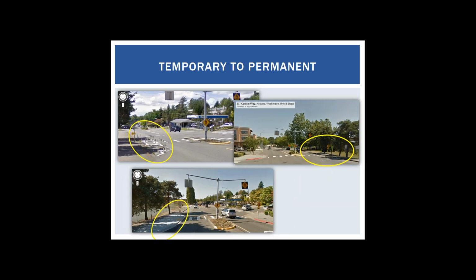Okay, what if you're having a tough time selling your community leaders on the use of curb extensions? And the cost might be an issue. You may even be balking at, well, I don't think the people are going to like them. We may take a parking space away, and our local merchants are not going to like that. And there may be all sorts of reasons why the folks in your agency think that curb extensions are a